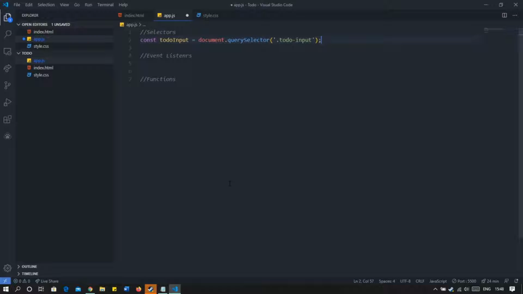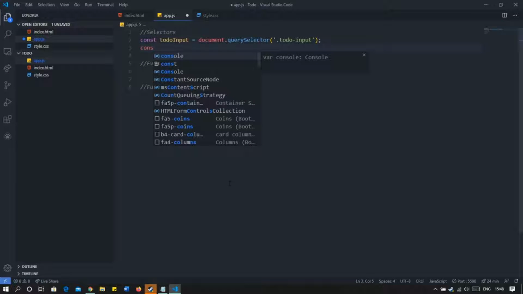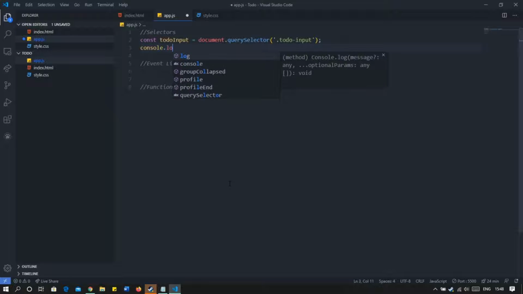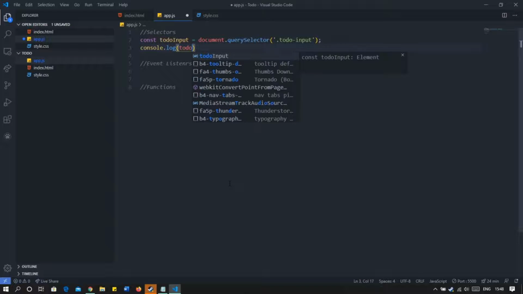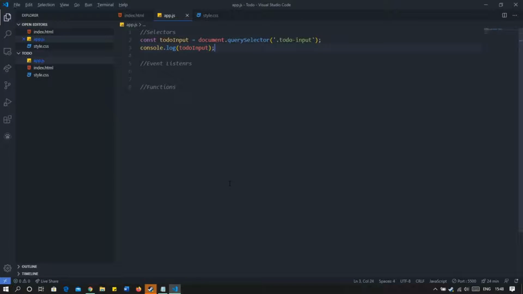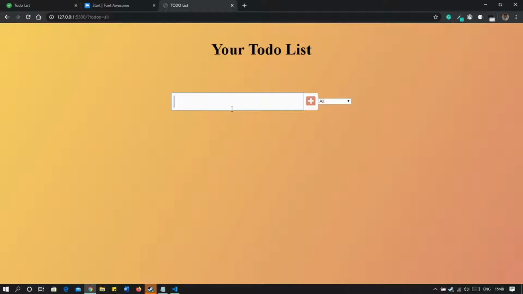As soon as we get this, we will log it so that we can see we are getting the value. Oh sorry, we will log the variable todoInput. Okay, so I'll open my console.